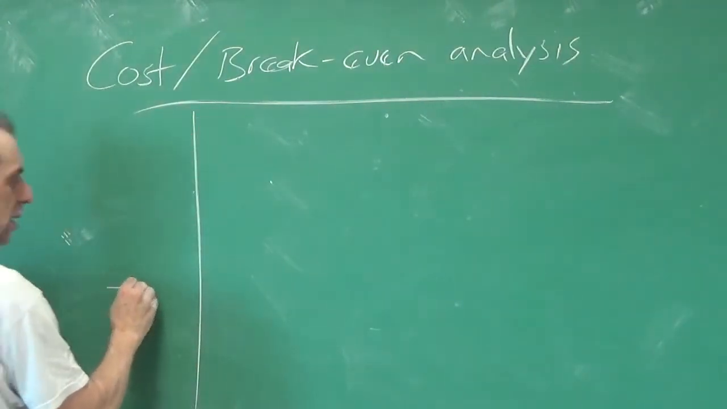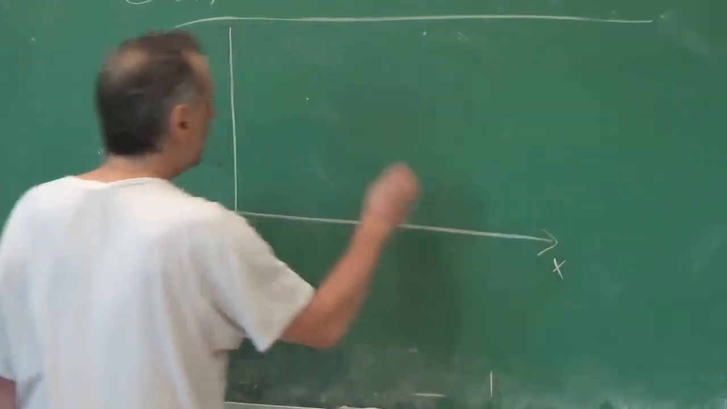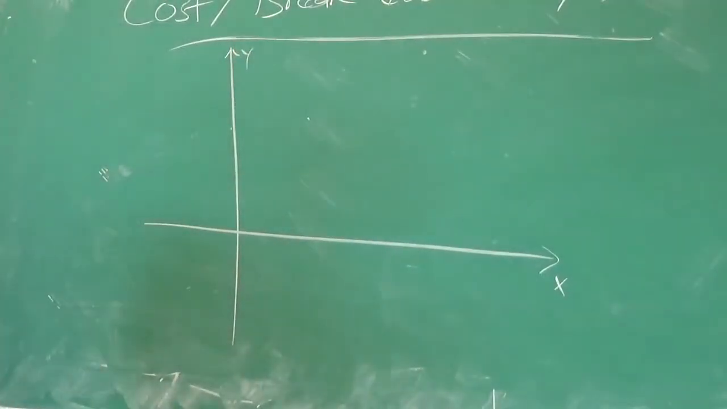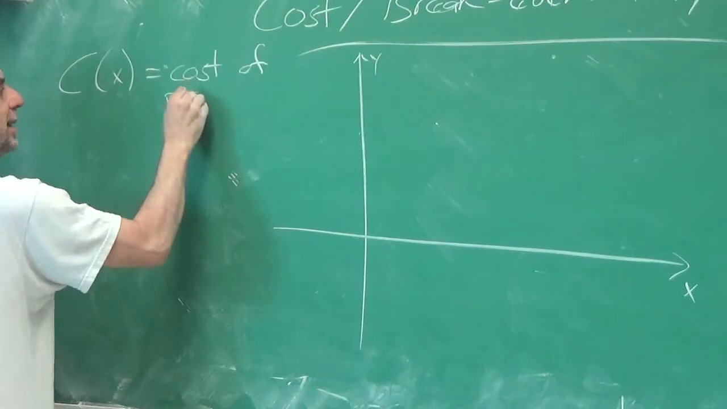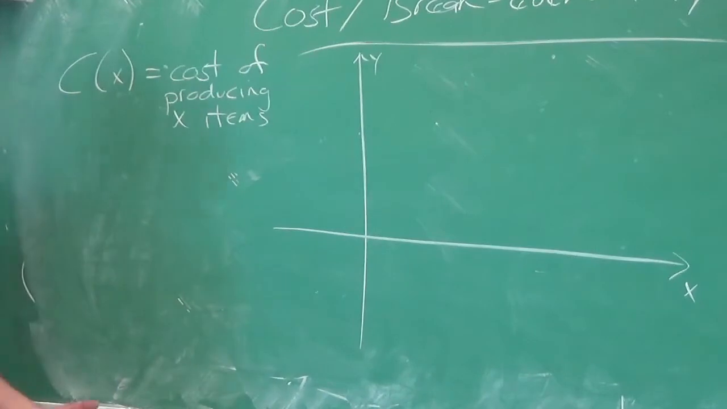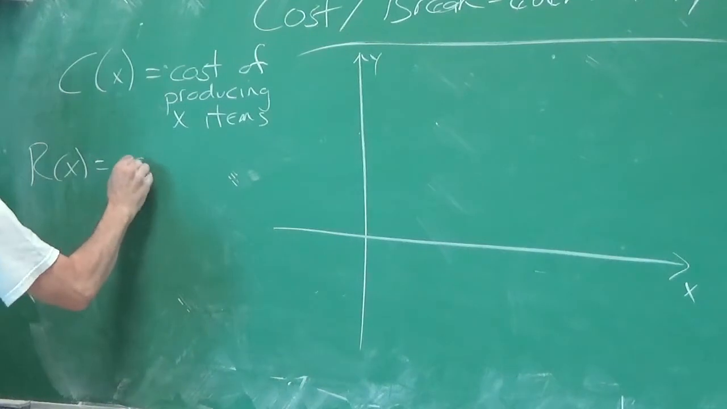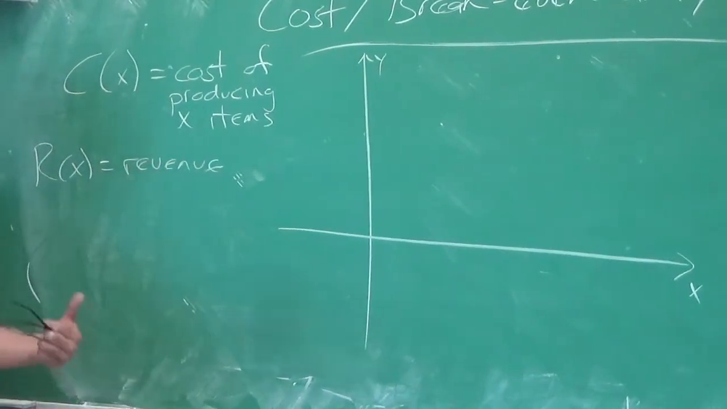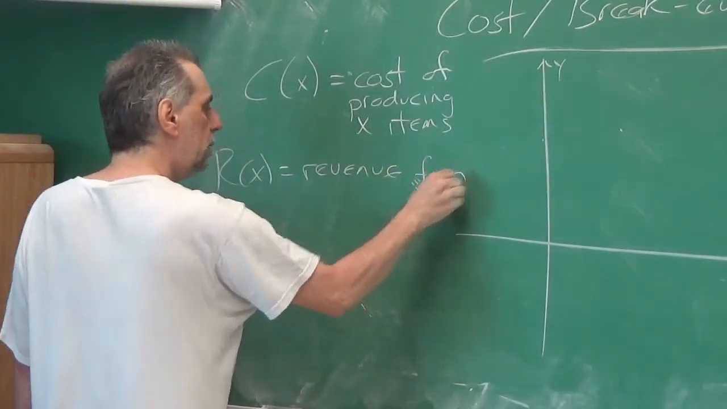So let's say we're looking at something like this, where we have, I guess we'll just call it X and Y. And we have a cost function and a revenue function. So when we say C of X, we're going to say that's the cost of producing X items, whatever it is you're producing, right? Cars, shoes, dishwashers, whatever. That's the cost of producing X items. R is the revenue. Okay, revenue is what you bring in for selling each item. So revenue is the revenue from selling